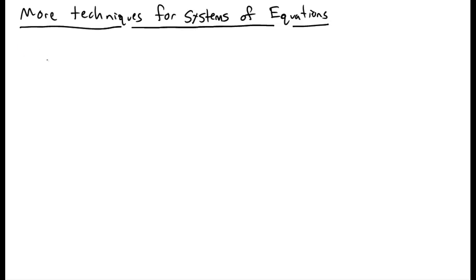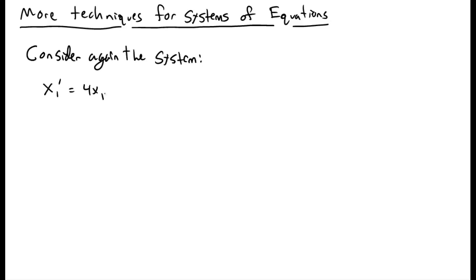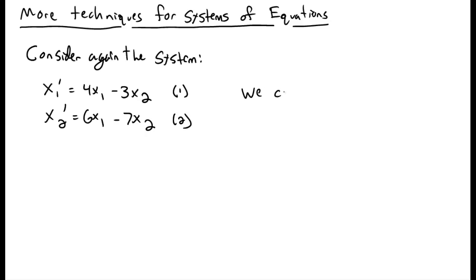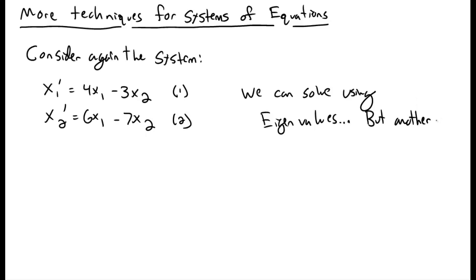So let's talk about some more techniques for solving systems of equations. Consider, again, the set of coupled first-order differential equations that we had looked at in a previous video. x1 prime is 4x1 minus 3x2, and x2 prime is 6x1 minus 7x2. And just as we have done in other cases, we could solve these using eigenvalues, but there's actually another way